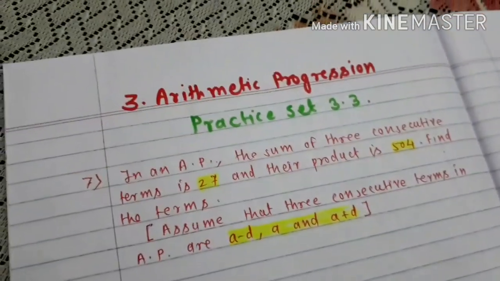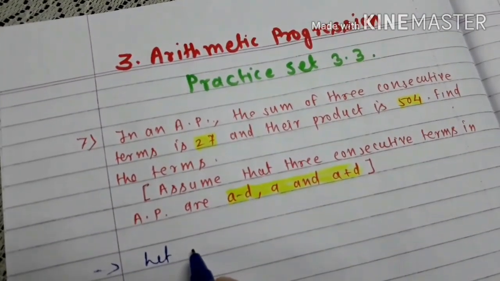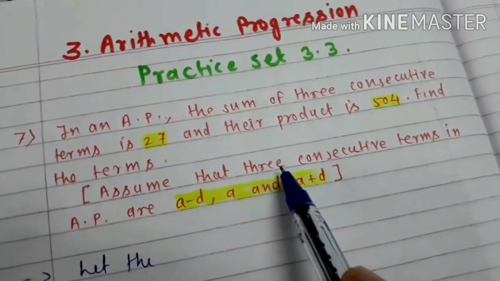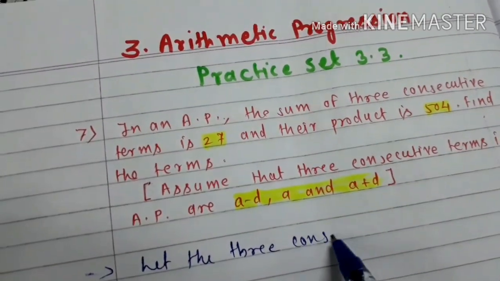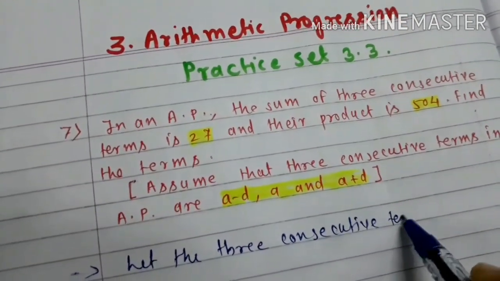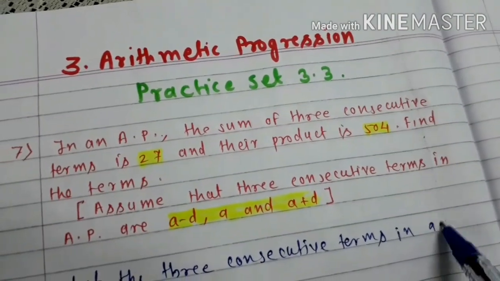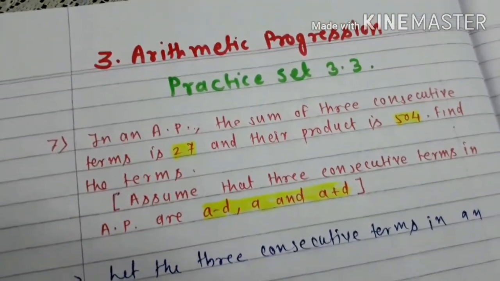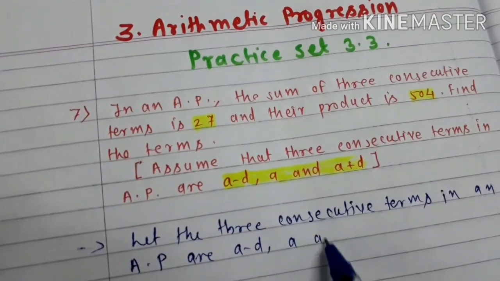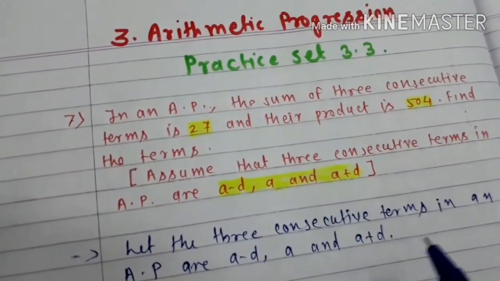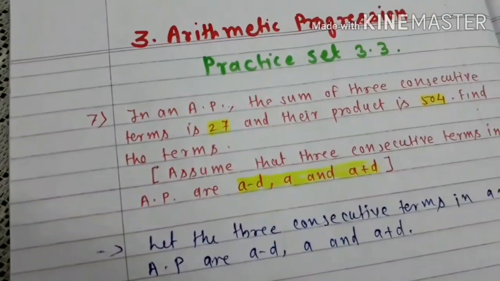So first, let the 3 consecutive terms in an AP be a minus d, a and a plus d. So according to the first condition,